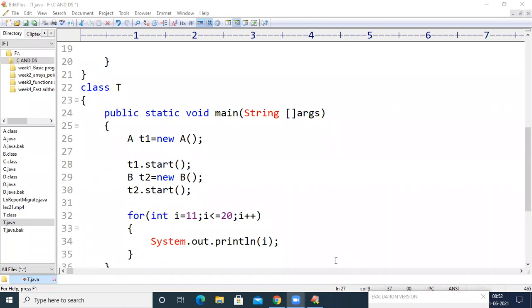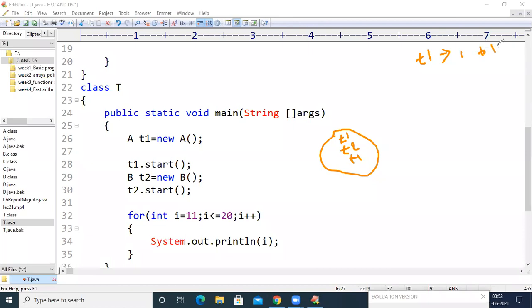So what I have to do, see here, in the ready state, let us assume there are 3 threads, T1, T2, and the main thread. If T1 has been executed, it will print the numbers from 1 to 10, right?